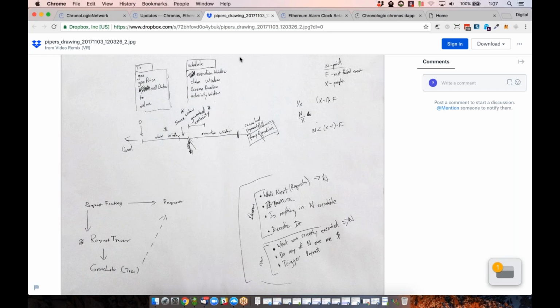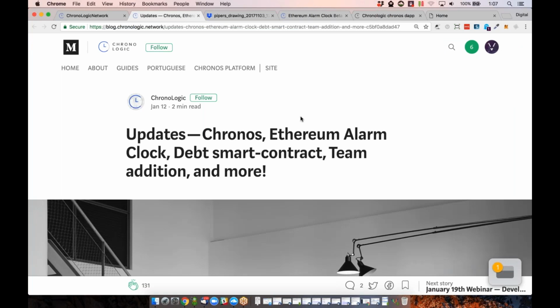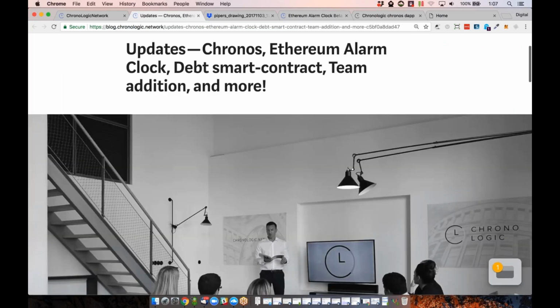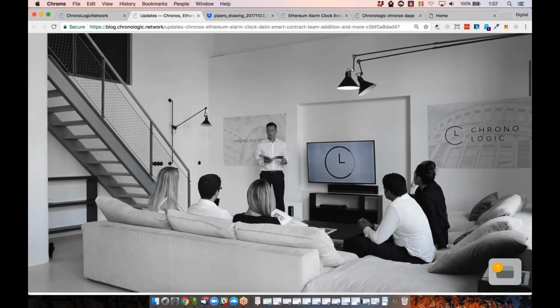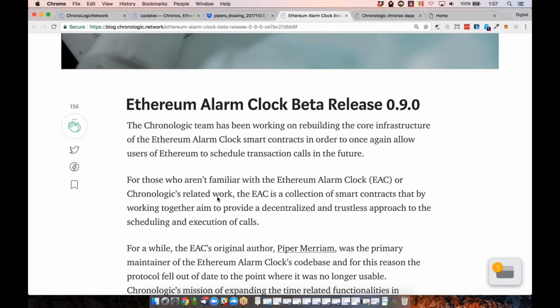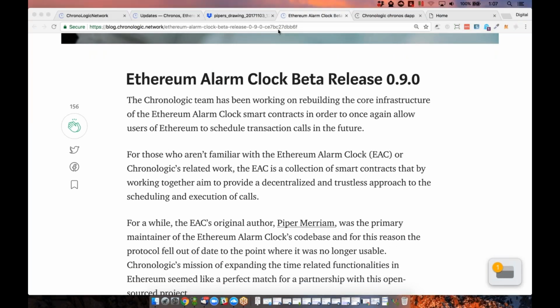All right, so let's talk a little bit more. I went through this already before, but in case you haven't seen it, there is a beta release of the Ethereum Alarm Clock. I'm going to share this article with everyone on here